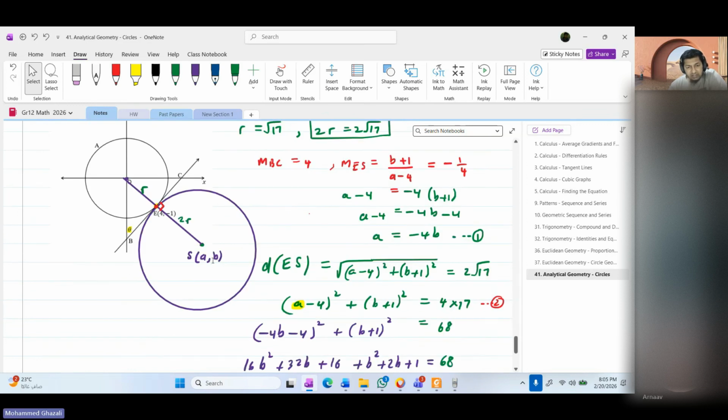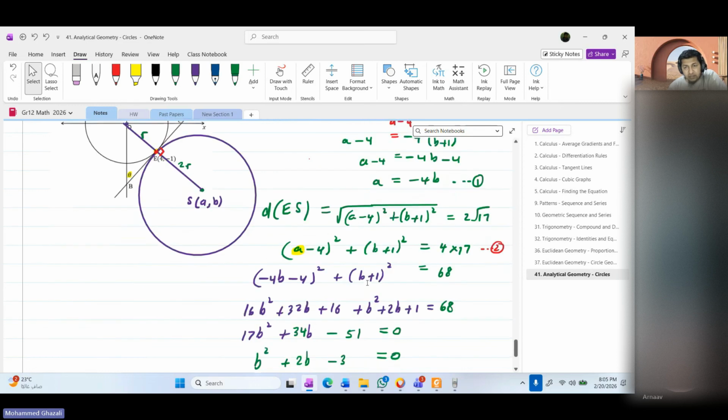So let's calculate the gradient of ES: B minus minus 1, so B plus 1, over A minus 4, right? And that's equal to negative quarter. I cross multiplied and I've got A equals negative 4B. Now the next part is